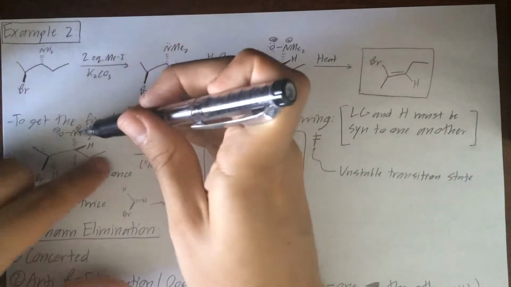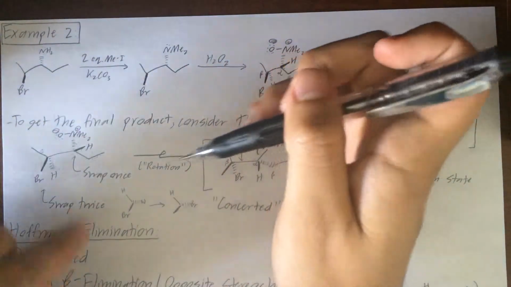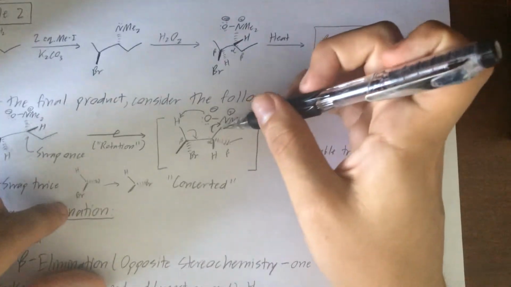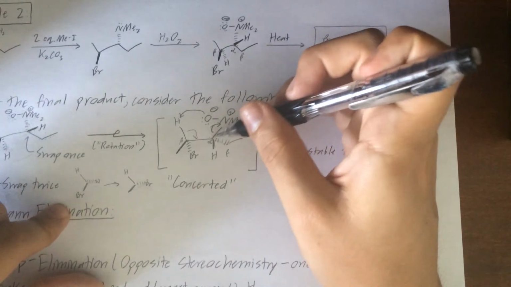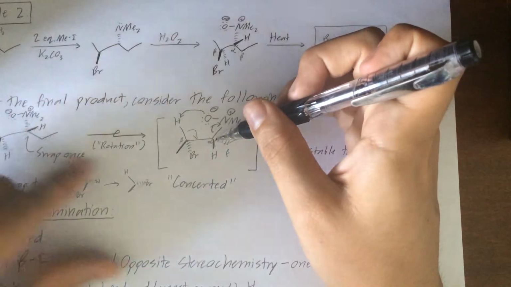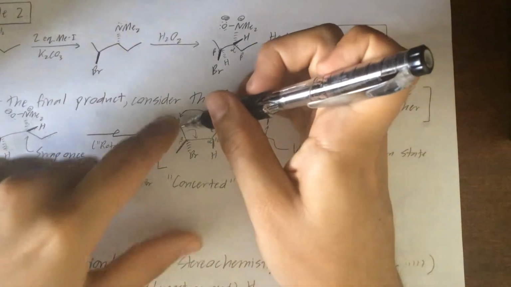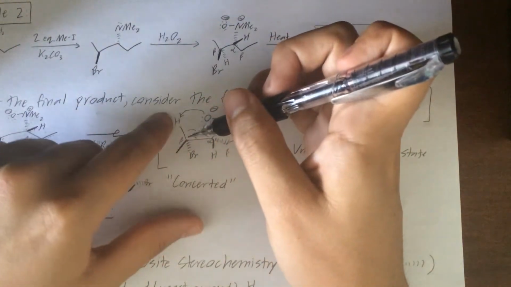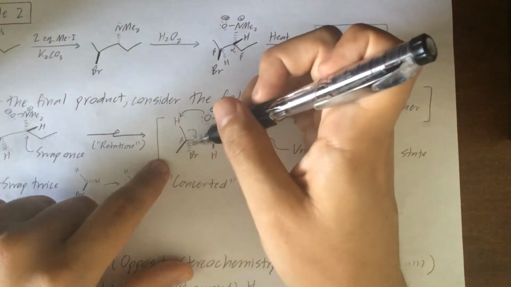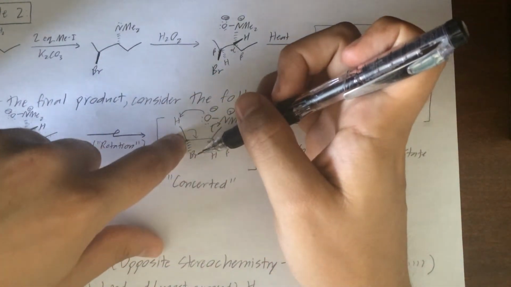So we swap these two groups, the ethyl and the ONMe2 group. And what happens is now this ONMe2 group is on the plane of the page and the ethyl group is sticking into the page, okay? And remember that our H atom is also on the plane of the page, the methyl group is sticking out of the page, and the bromine atom is sticking